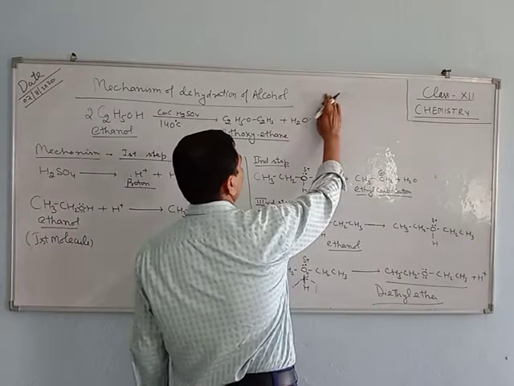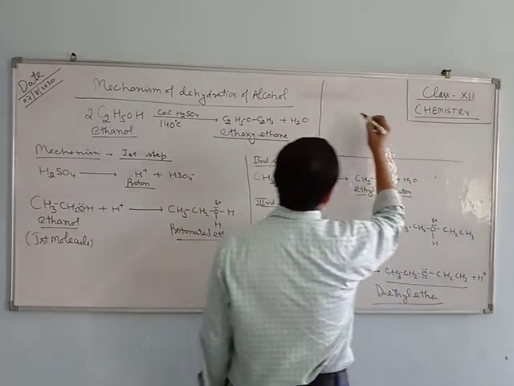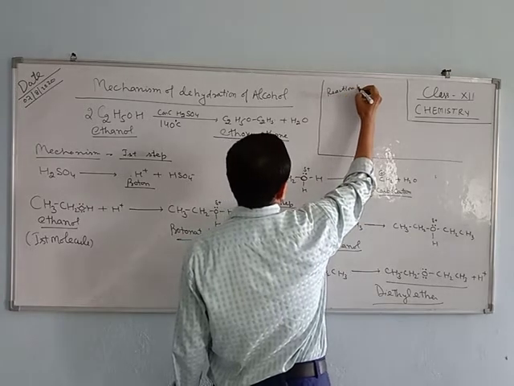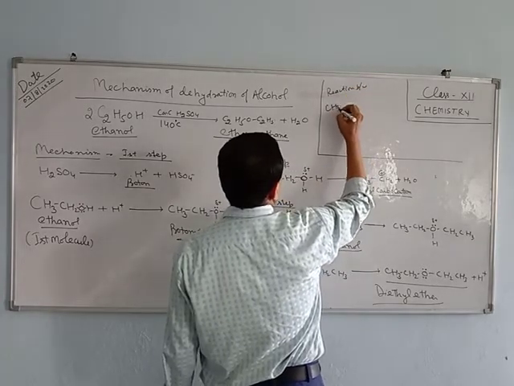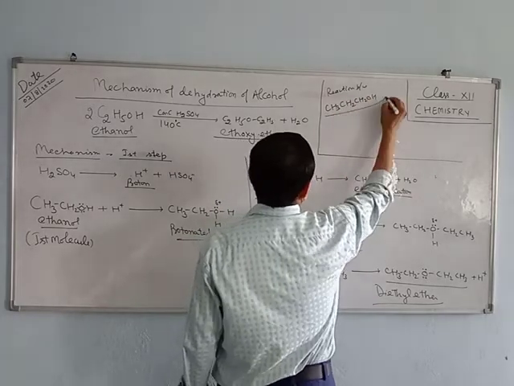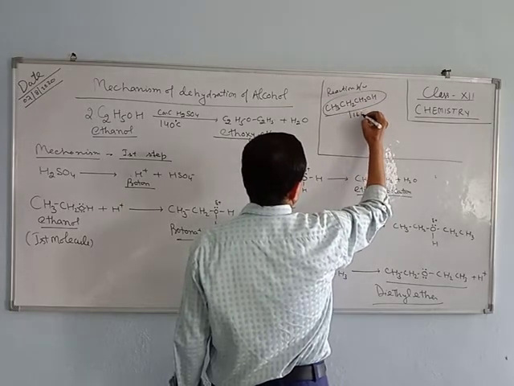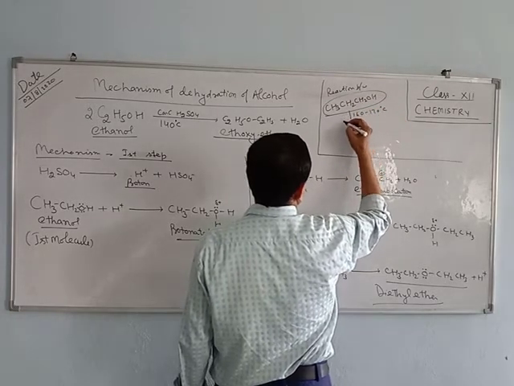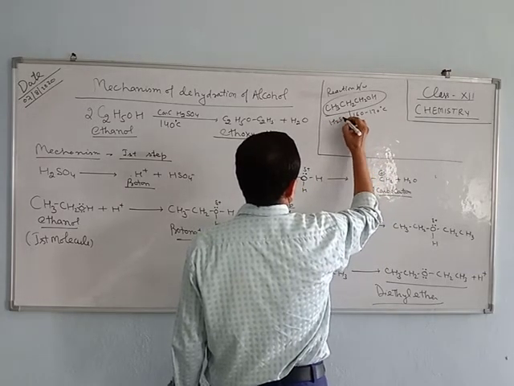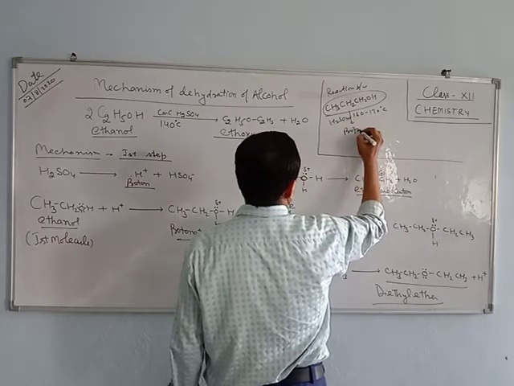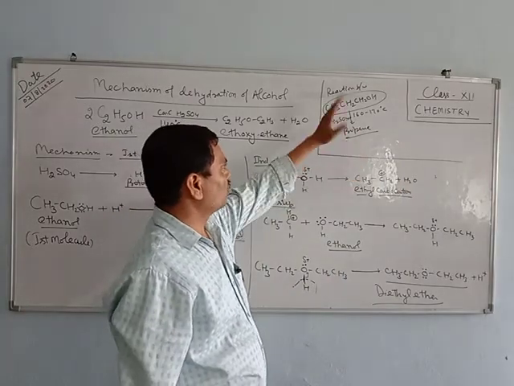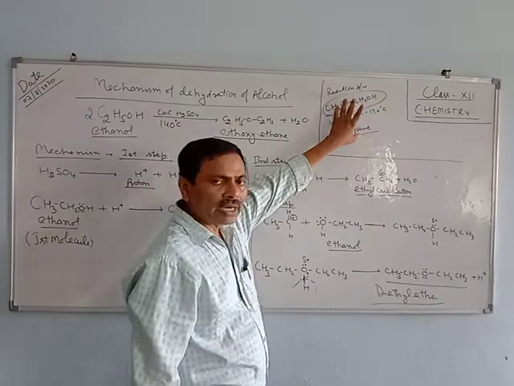And you have to write the mechanism of the reaction of propanol, CH3CH2CH2OH, at 160 to 170 degrees Celsius in the presence of concentrated sulfuric acid to form propene. You have to write the mechanism of this reaction, propanol to propene. I am giving this